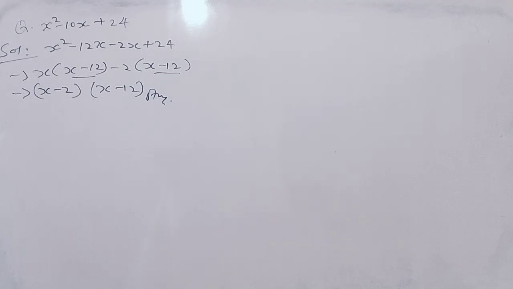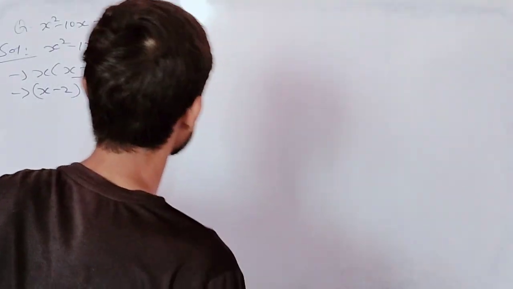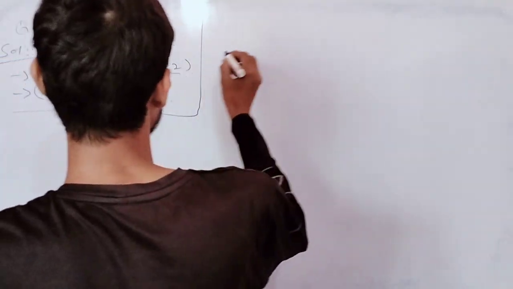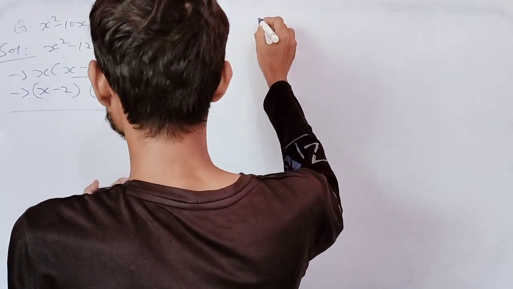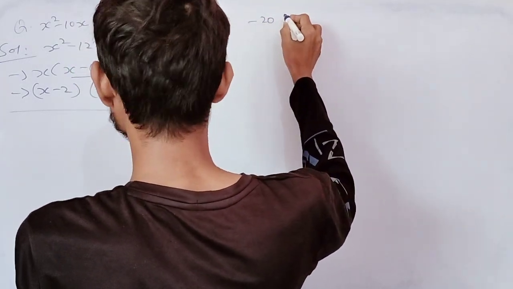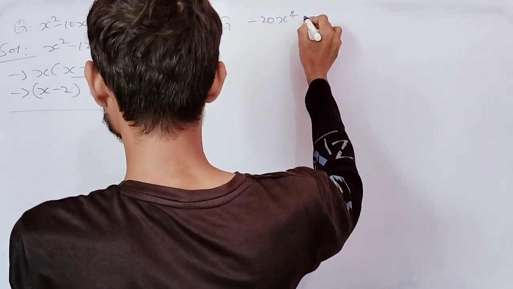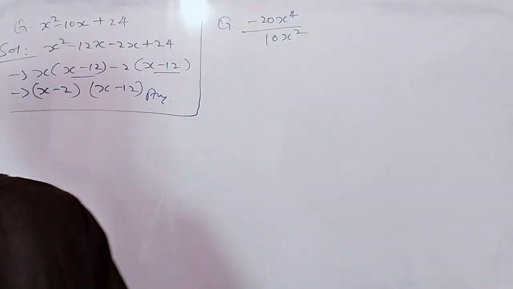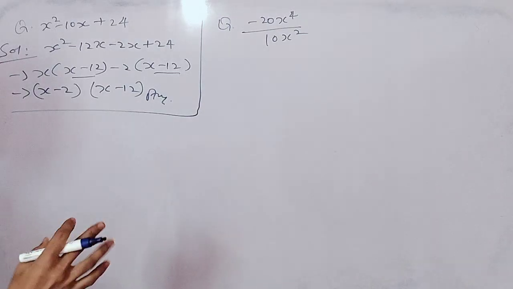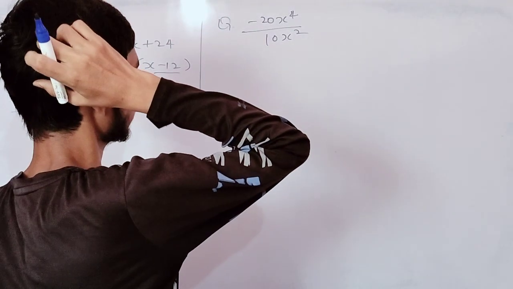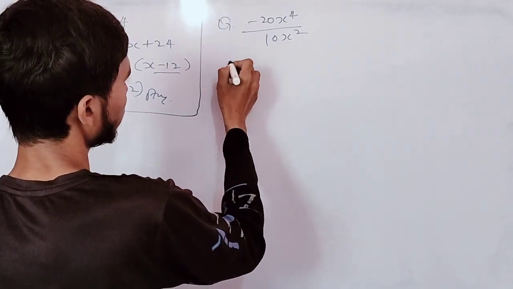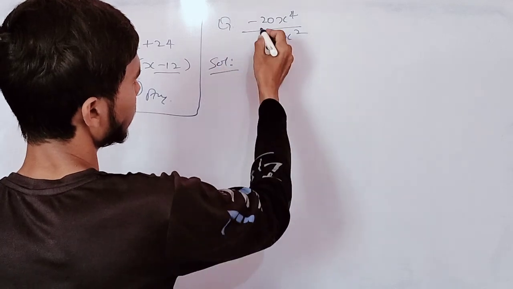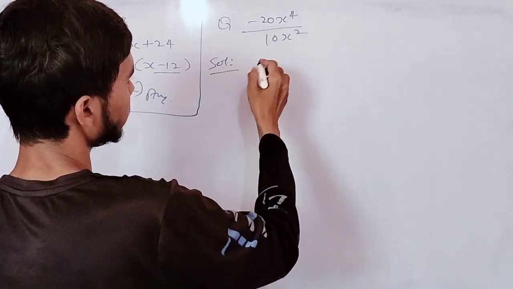Next. Division of a monomial, division of a polynomial. Yes. Next question. You have to solve it. It is very easy. Just factor each polynomial. Now here we are solving this. It can be written as